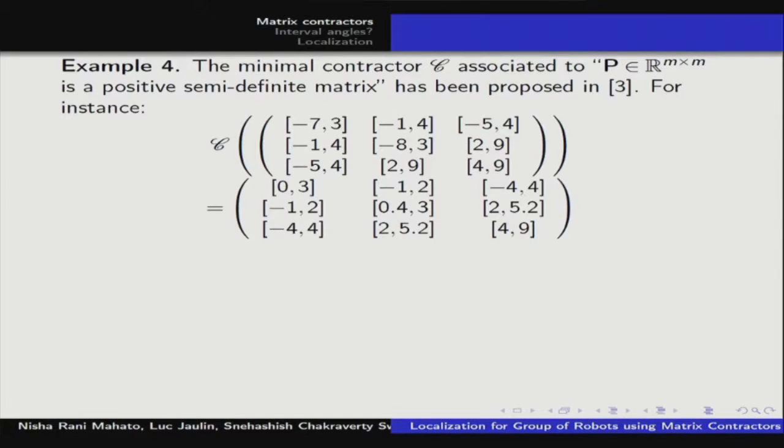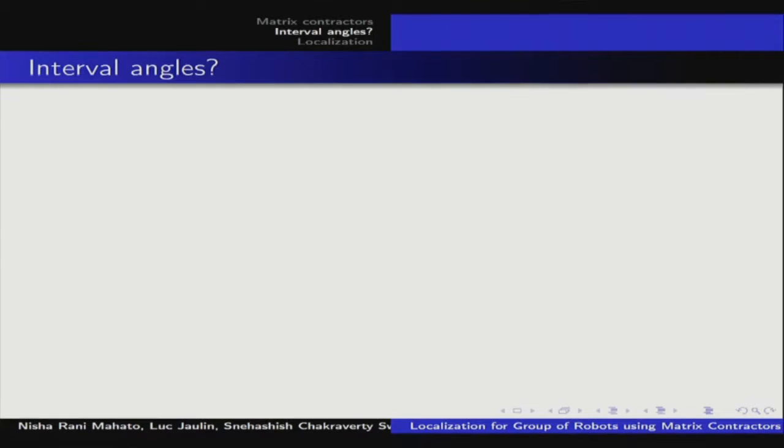Another example is the contractor associated with a matrix being positive semi-definite. In this case, since the set of positive semi-definite matrices is convex, there exist convex methods such as the LMI method, which make it possible to contract optimally an interval matrix with respect to the constraint of being positive semi-definite. So it was just to give examples, but in the application I will consider here,